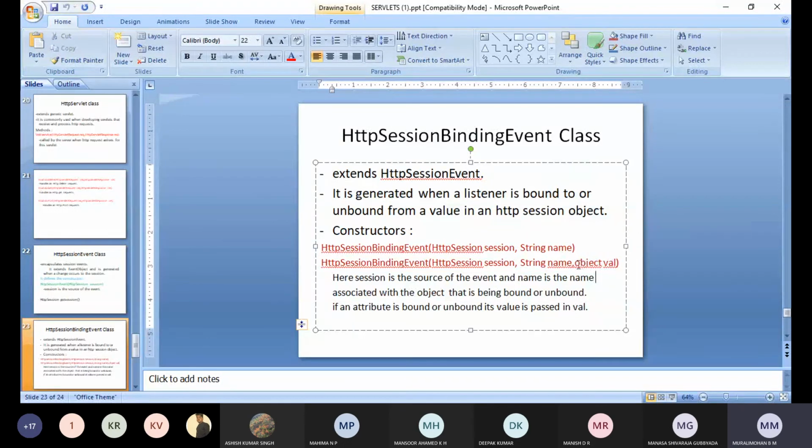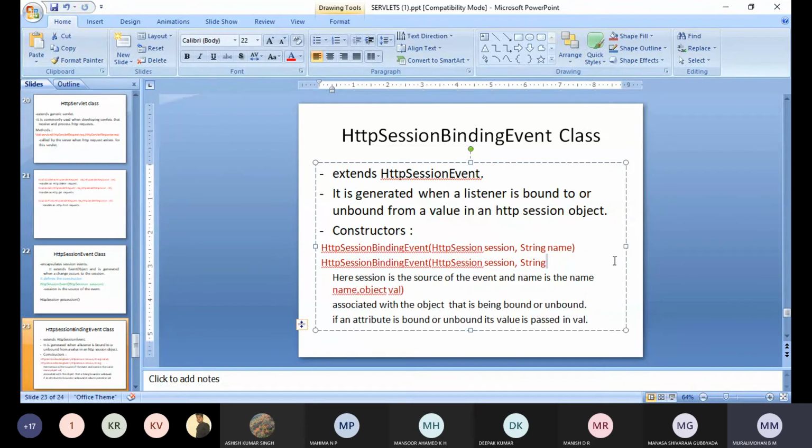Here session is the source of the event and name is the name associated with the object that is being bound or unbound. If it is bound or unbound, its particular value will be passed in as the value.